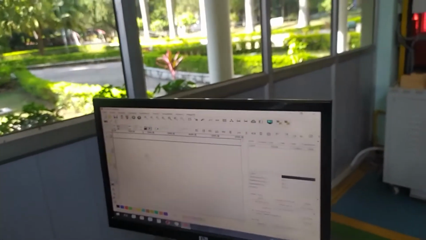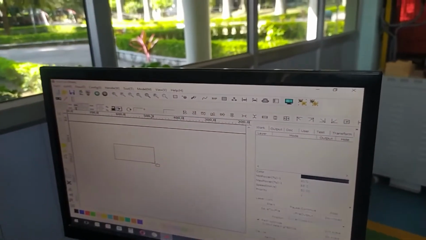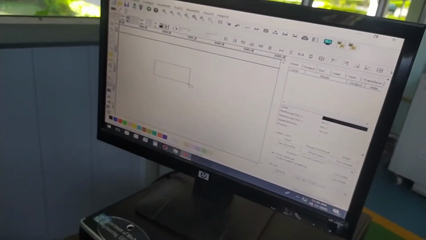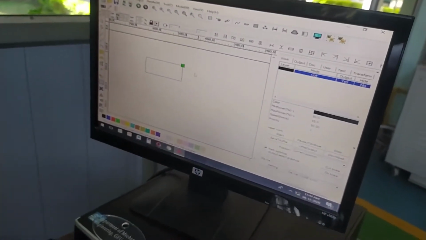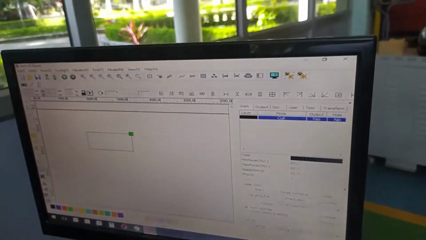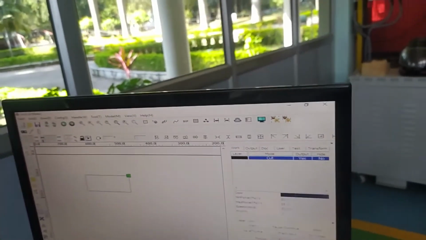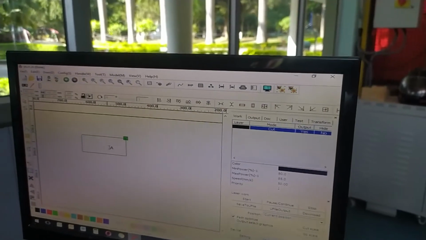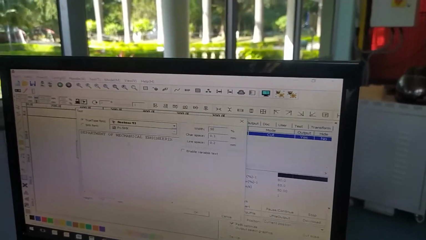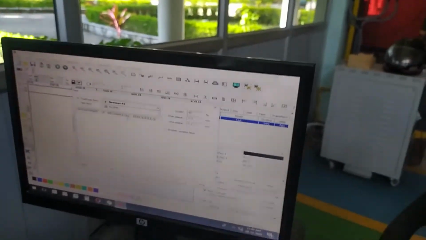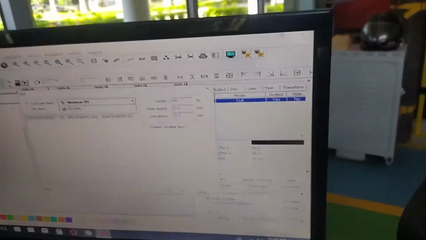Okay, suppose I have to make this like this. I take a rectangle. I use a letter for scanning purposes.